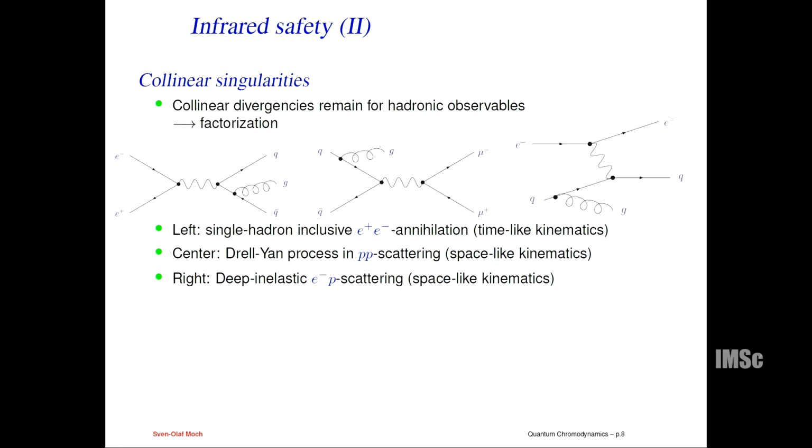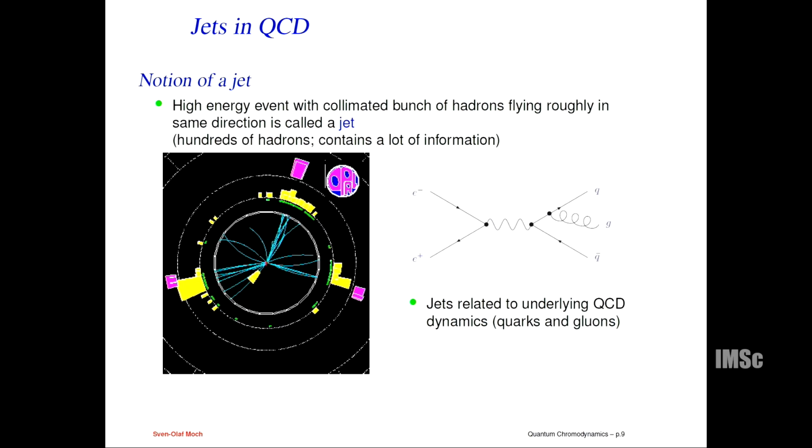Unfortunately, when I consider those other types of processes, then I have to apply more machinery in order to arrive at finite results, because I cannot get a finite result simply from doing those computations alone. And this goes under the name of factorization, and this is the topic that we'll discuss tomorrow. But for the small class of processes, say e+e- related observables, we'll basically have a finite result.